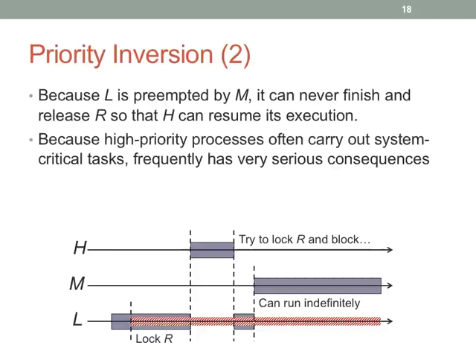Now, typically, the reason this is actually a problem is because high priority processes are given really important things to do. Okay? Some of you may have taken CS124, where I used the Mars Pathfinder problem, and so you'll get to see that. We'll talk about that briefly in a moment. But if the high priority process is taking care of system critical things and then it's starved out by some lower priority process that can run a really long time, then our system can basically